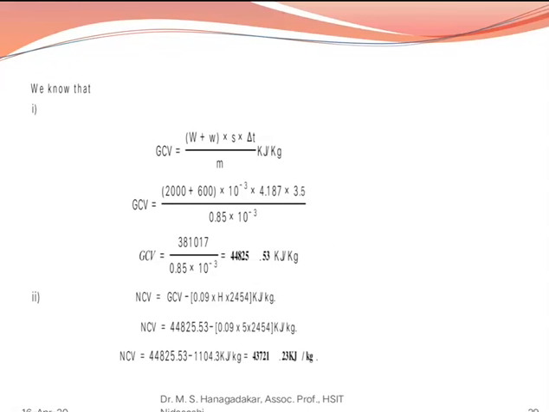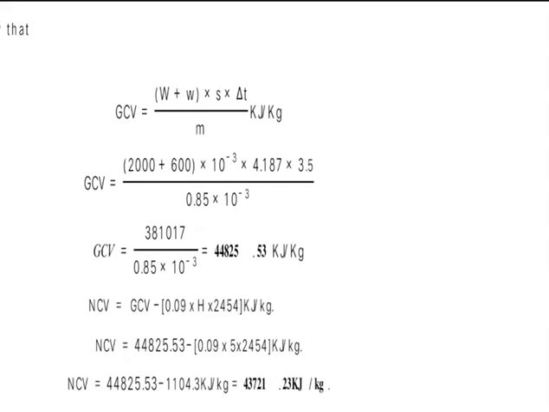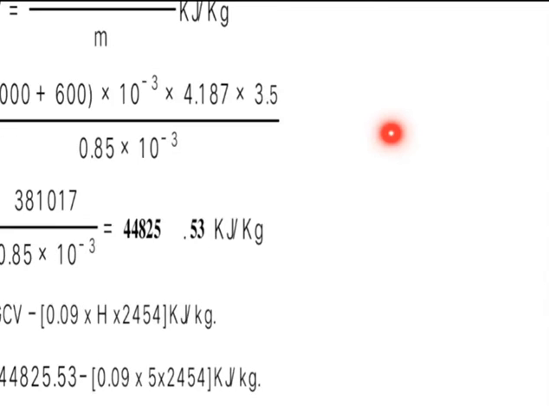Now, how to calculate net calorific value? That is, NCV is equal to GCV minus 0.09 into H into 2454 kilojoules per kg. Substituting the values from the given data, as you know that GCV is equal to 44,825.53 minus (0.09 into percentage of hydrogen provided, 5, multiplied by 2454, that is the latent heat of steam). After simplification, the final answer you are getting is